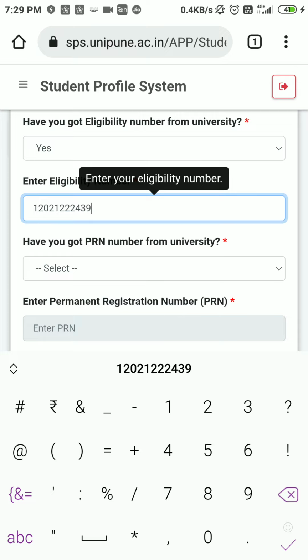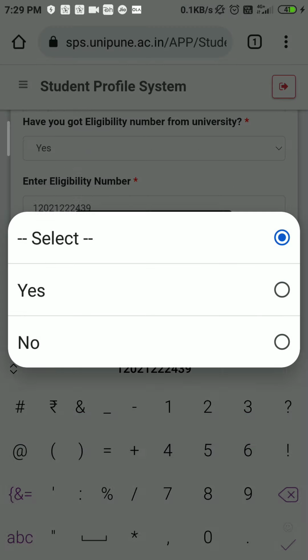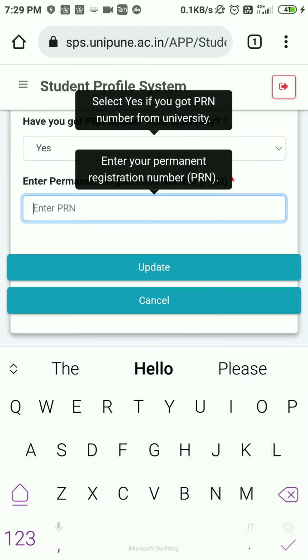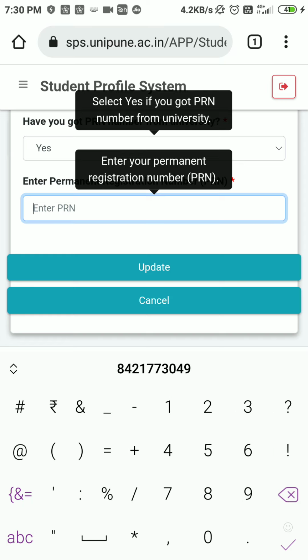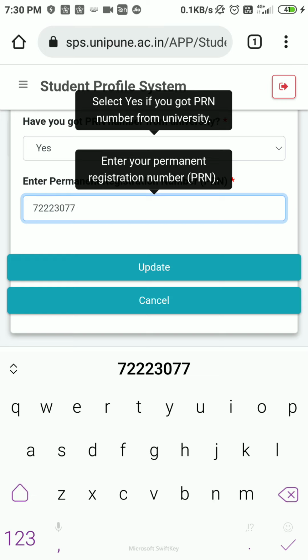Once you enter it, read the next question, have you got PRN number from university? Say yes. Hope all of you have your PRN number. Now I will enter the PRN number. Now click on this update.